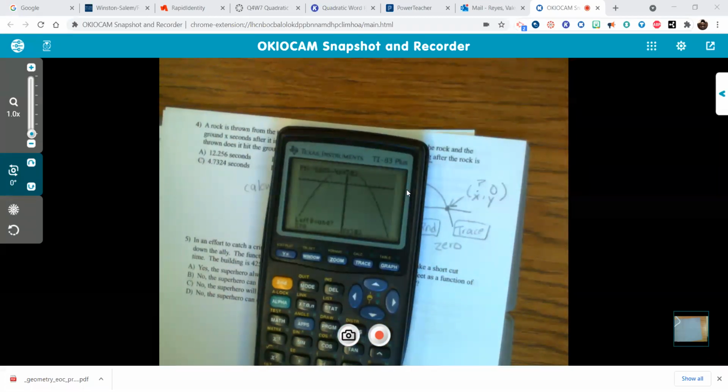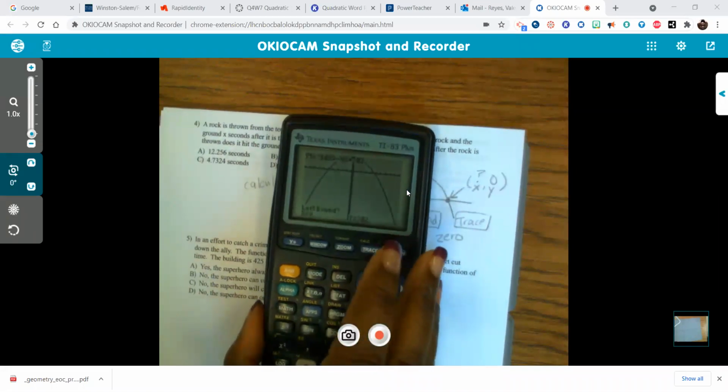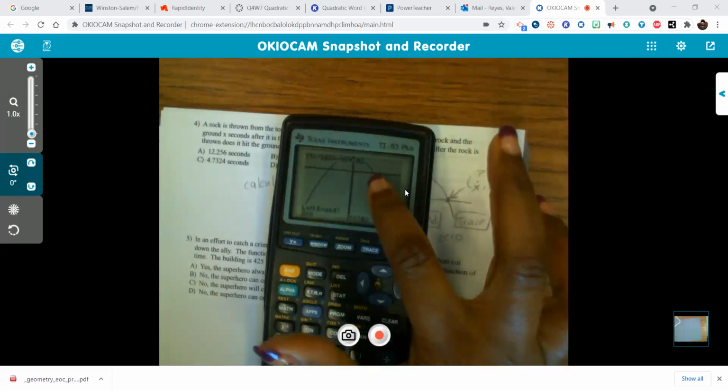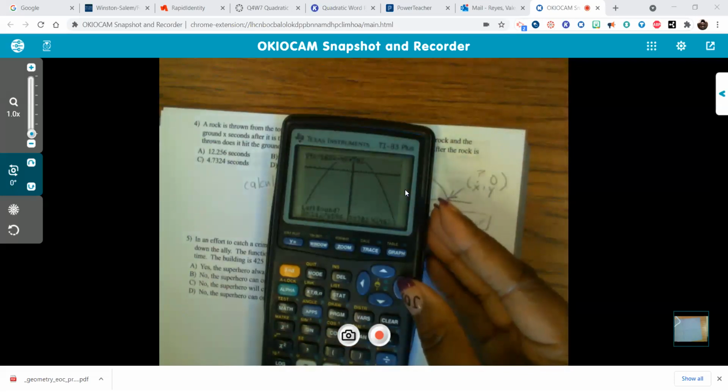Okay. Now look at what comes up on your screen. You're going to tell the calculator where to search. So we're going to search this side. So we're going to press the arrow over. And the left side,